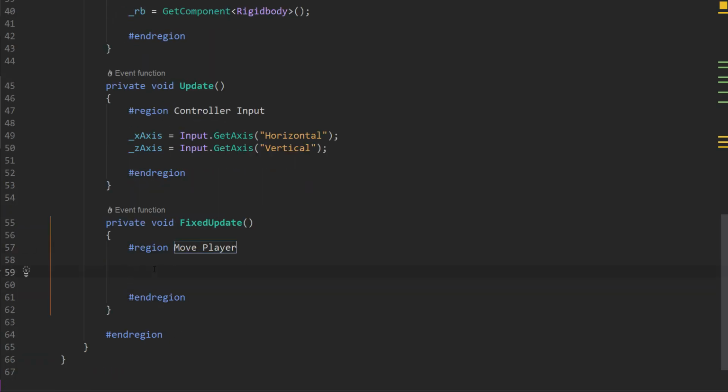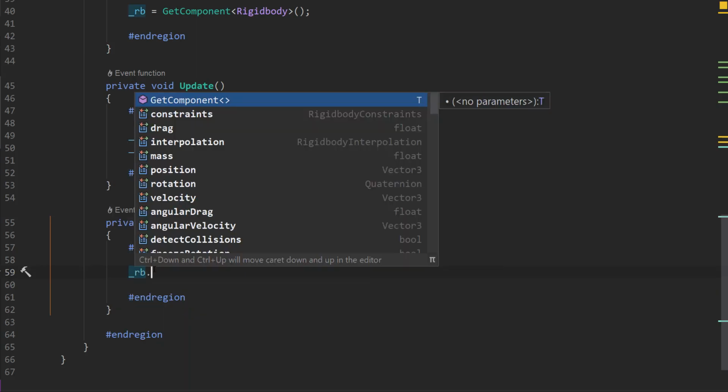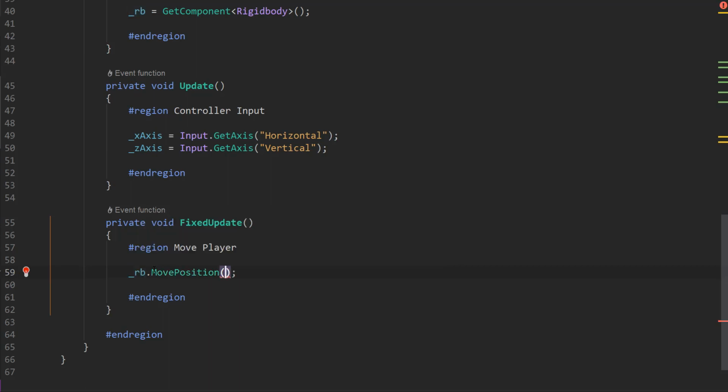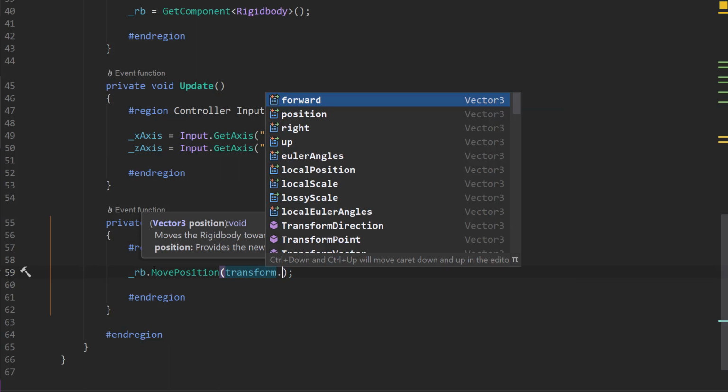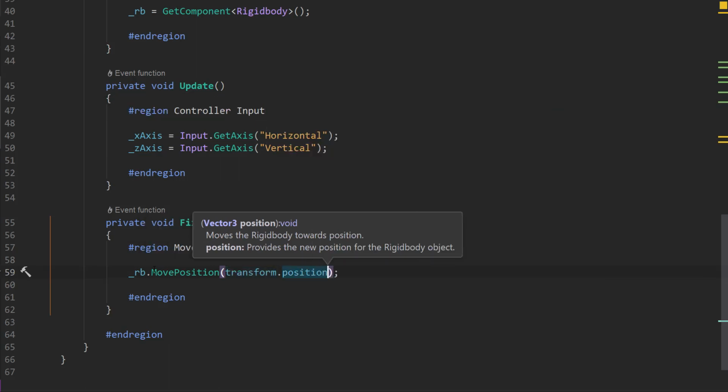And to move the player, we can use the rigid body dot move position, and then we want to use the transform dot position, right,